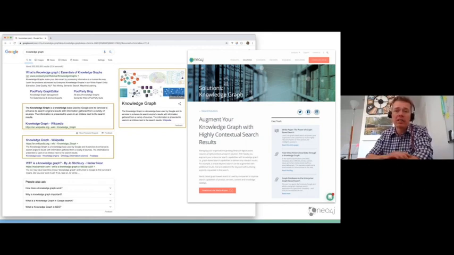Google is, in essence, a knowledge graph that stores information around how various internet pages are connected, and enriches that information so that you can do contextual search on that ensemble of internet pages and find the one that is most relevant. And that is what knowledge graphs are all about.